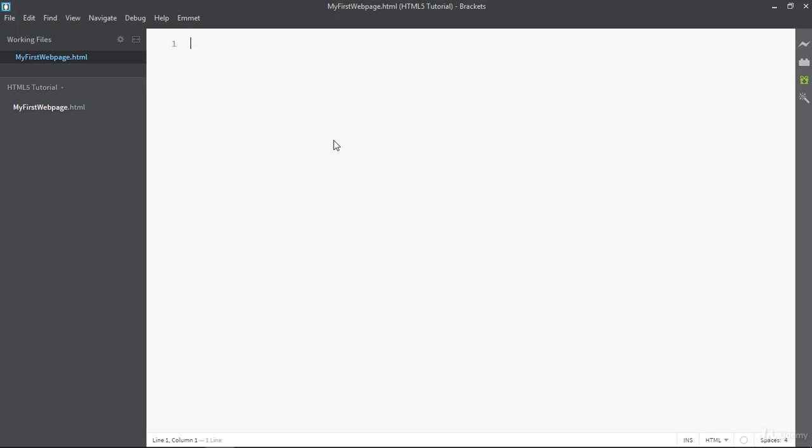Now we will see the basic tags for the HTML file skeleton. Here in HTML code everything will be inside the tag. First tag will be HTML opening tag and closing tag.